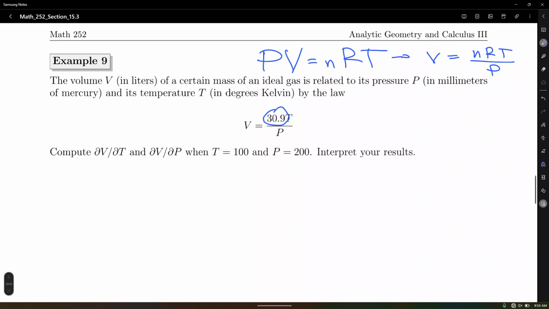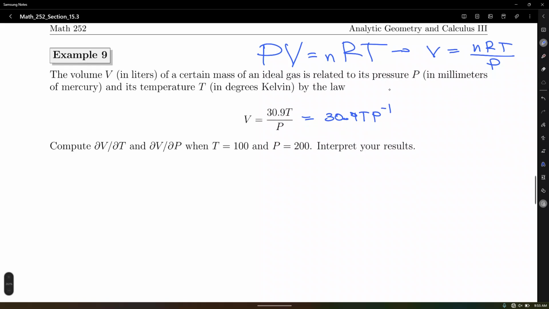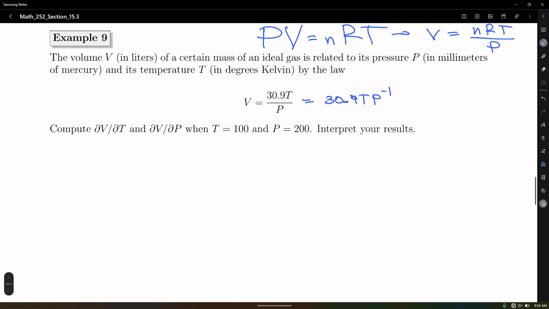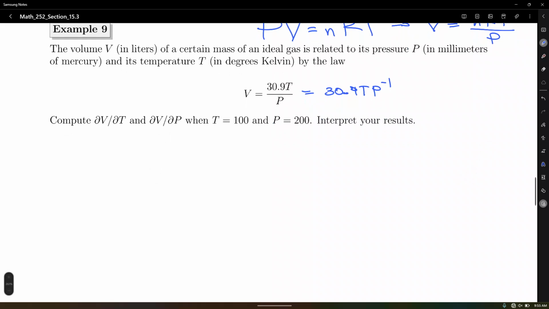Well, let's get this. So I'm going to rewrite this equation: 30.9 T P to the negative 1. Yeah, I remember that. It's 0.082, not 6.082. Yep, 0.082, the R. Anyway. All right, so the partial of the volume with respect to the temperature. Well, the derivative of the temperature is just 1 times the remaining factor, that is 30.9 P to the negative 1, which is simply